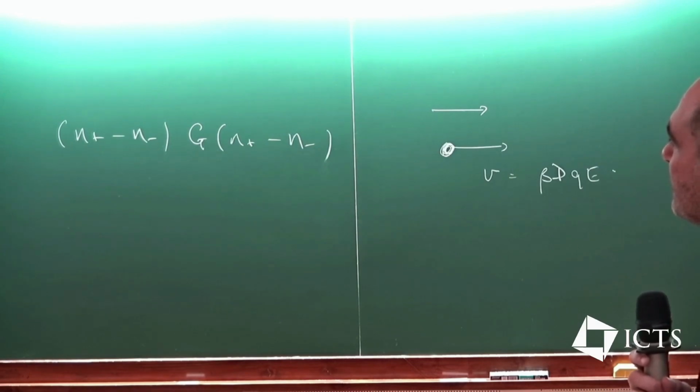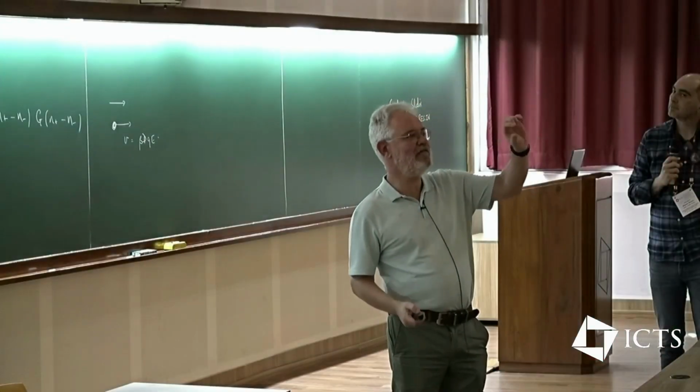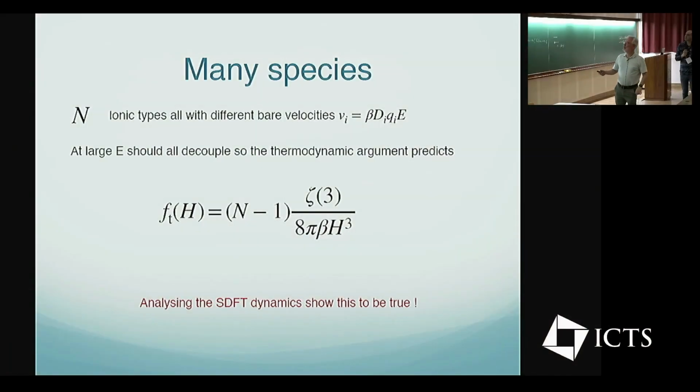And the interesting thing is if you take two different species and you give them the same average velocity, you lose a factor of n. So if you tuned your calcium ions to have exactly the same velocity as your sodium ions, by tuning the mobilities, they would move along together and this decoupling would go away. Okay, so for calcium chloride and sodium chloride, if you do this experiment, you should find the long-range repulsion should be 2 times this 1 over h cube, right? But if you were somehow able to create calcium chloride,